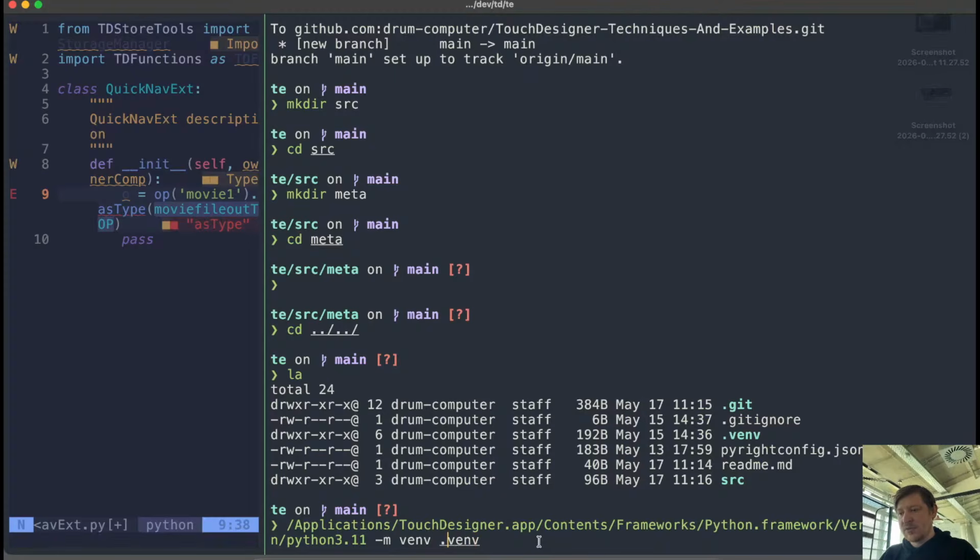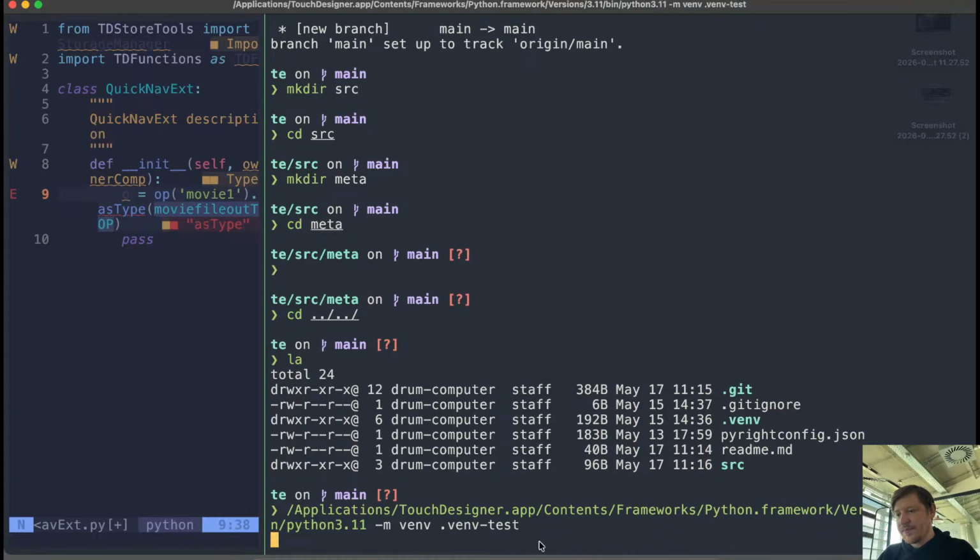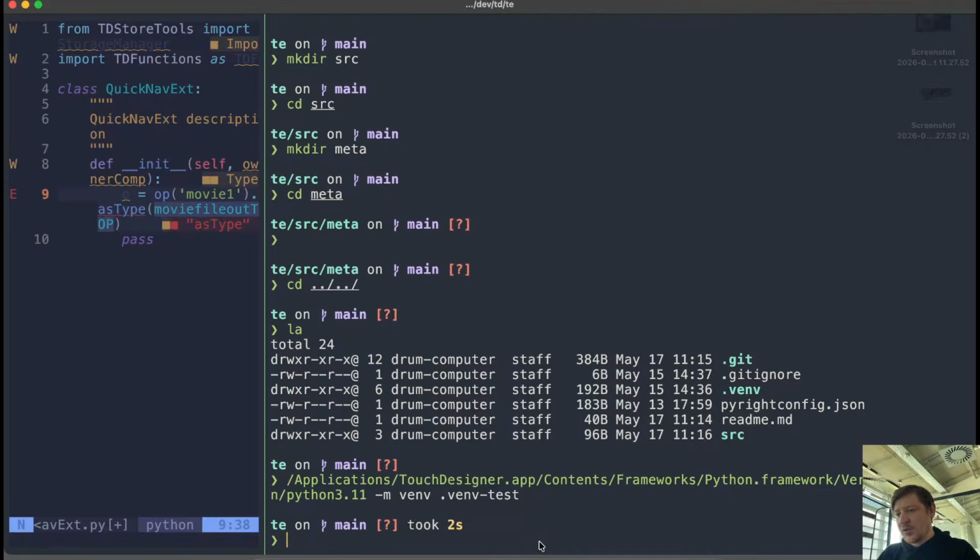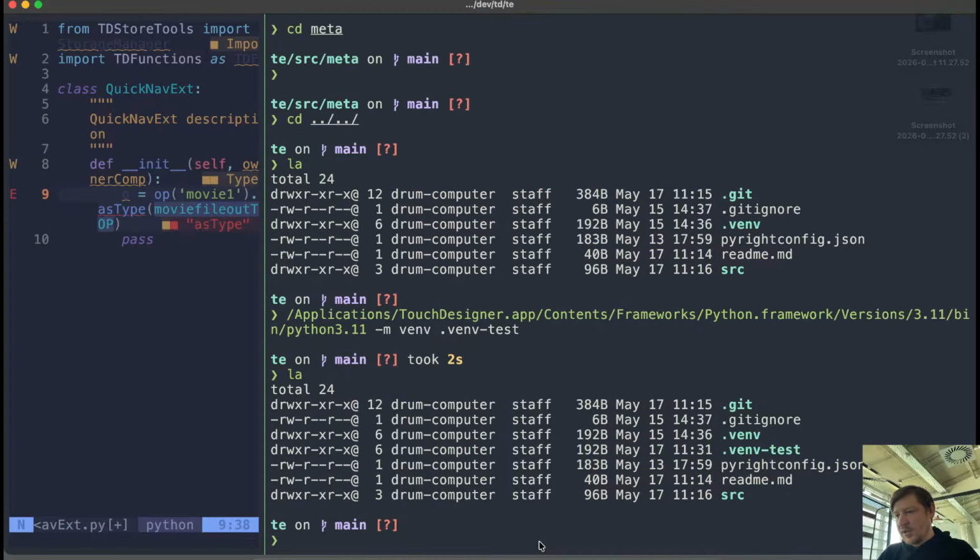you give a name to the virtual environment that you want to create. And typically the convention is to use .venv. So I already have it, so I will create another one, the .venv-test. So it copies a bunch of files and creates some symlinks and stuff like this. So now we have, if you look at it, this .venv-test, and you activate the virtual environment